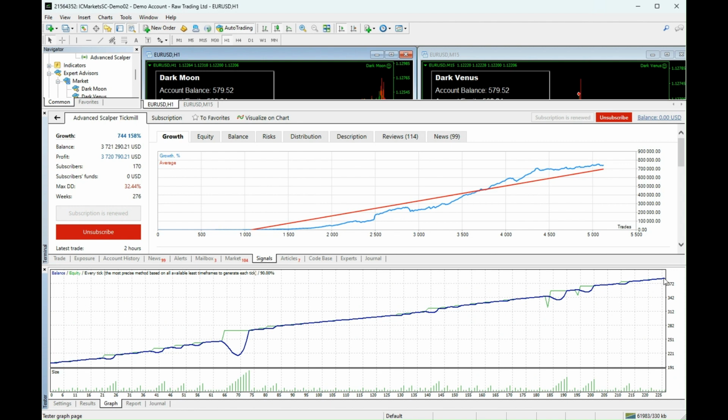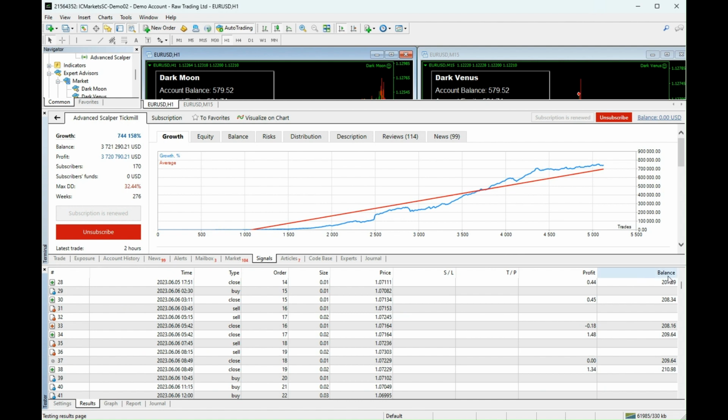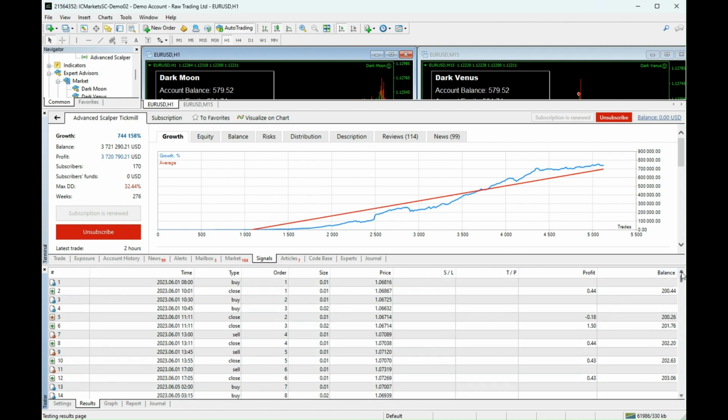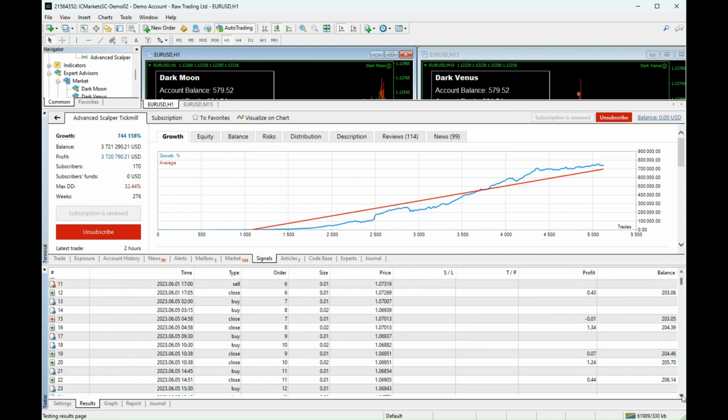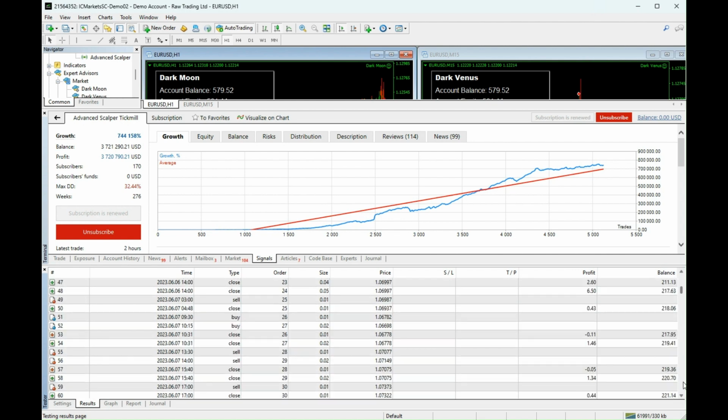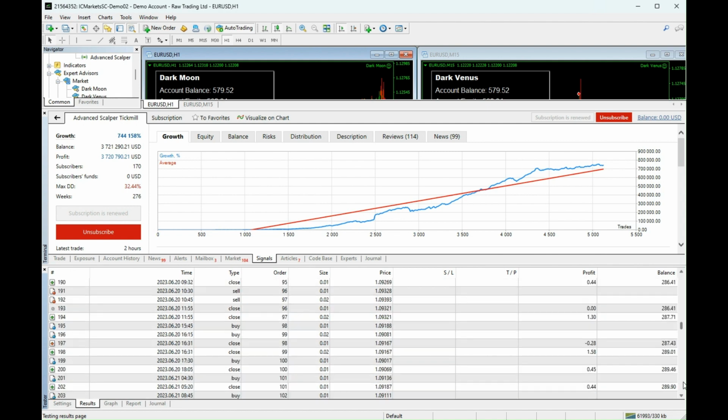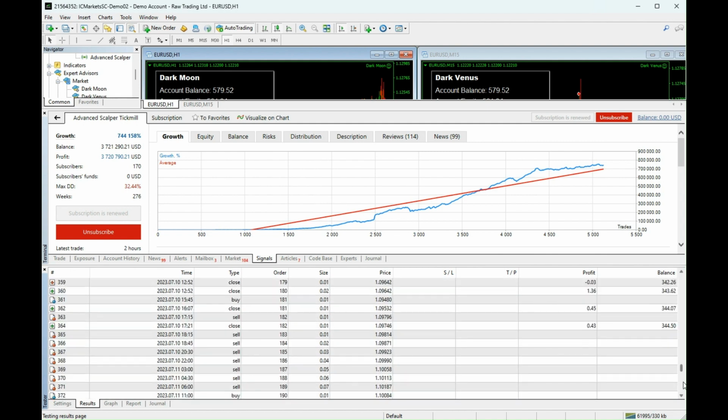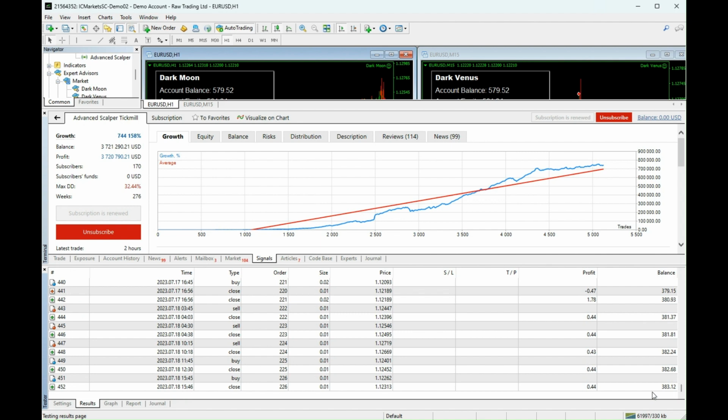This one goes up to over 372 quid there. So if we go to the results, if I go to the top of these, it starts off again at 200, and you can see it going up from there. And this seems to do a hell of a lot more trades because it's just in and out all the time, all the way down to the 17th or the 19th of July, and we're ending on £383 off a £200 starting bank. I don't know how risky this is because it's just the default settings,